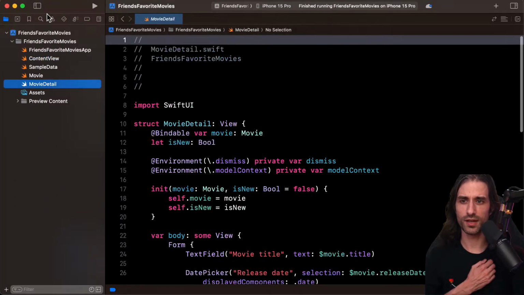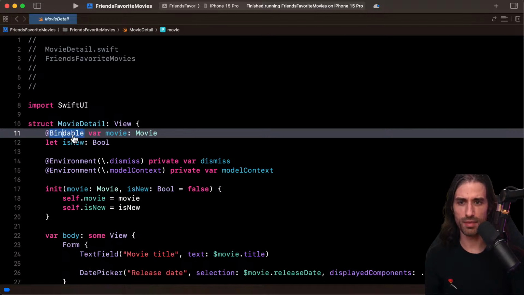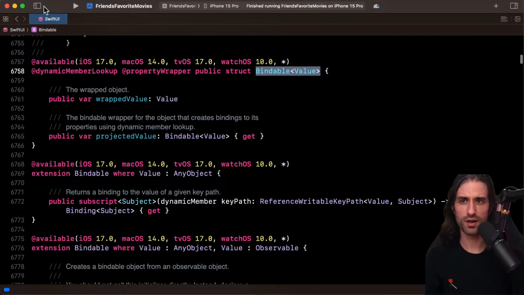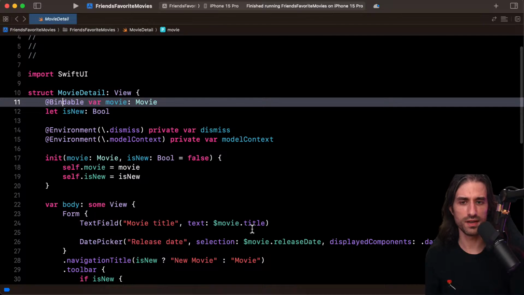And last thing, let's have a look at the movie detail. So it's the detail view. The only thing I want to show you here is that you have a @Bindable for the movie. @Bindable is a property wrapper that allows you to make changes to a piece of data and have the change also be taken into account in the parent view that passed you this piece of data. And so that's how you can do things like $movie, for instance. So this is how we share the ownership of the piece of data, so of the movie.